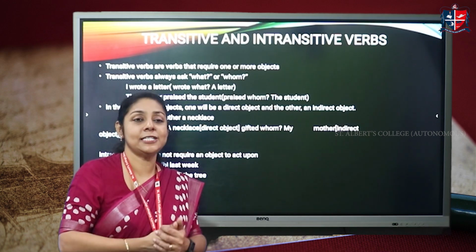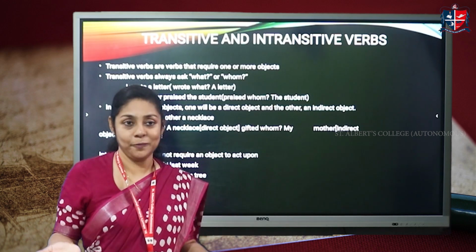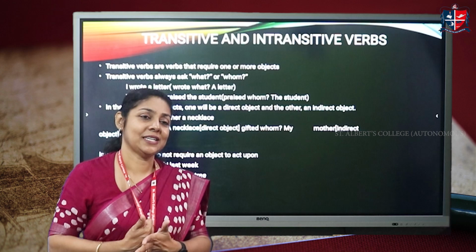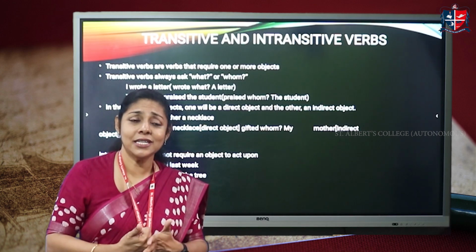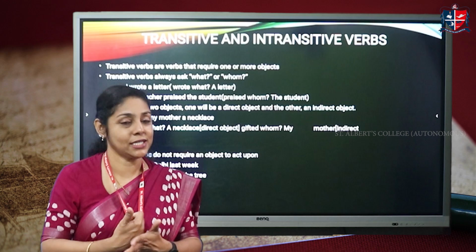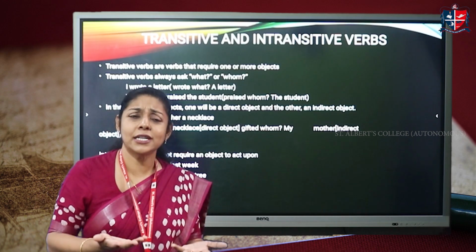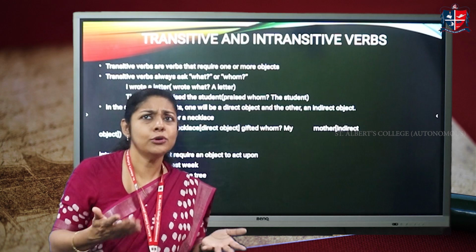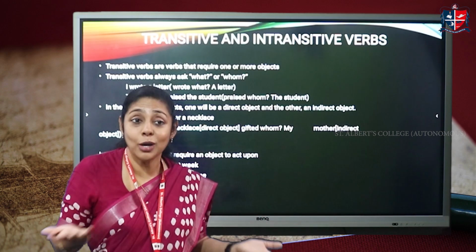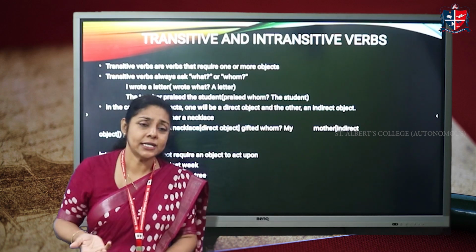So suppose I give you this question. The birds fly in the air. So what is the verb in that particular sentence? It's fly, right? Or the birds flew in the sky. What is the verb there? Flew, right? Does that verb have an object? Flew what? No answer. Flew whom? No answer. So no object. It's an intransitive verb.